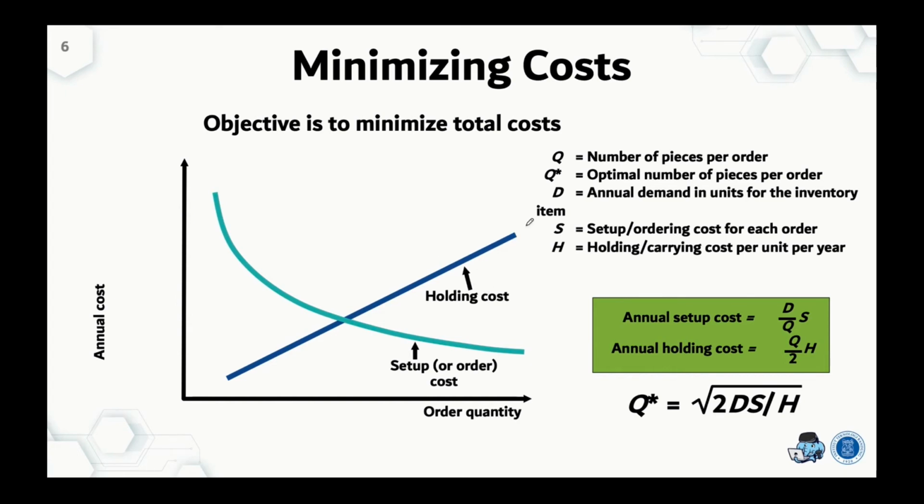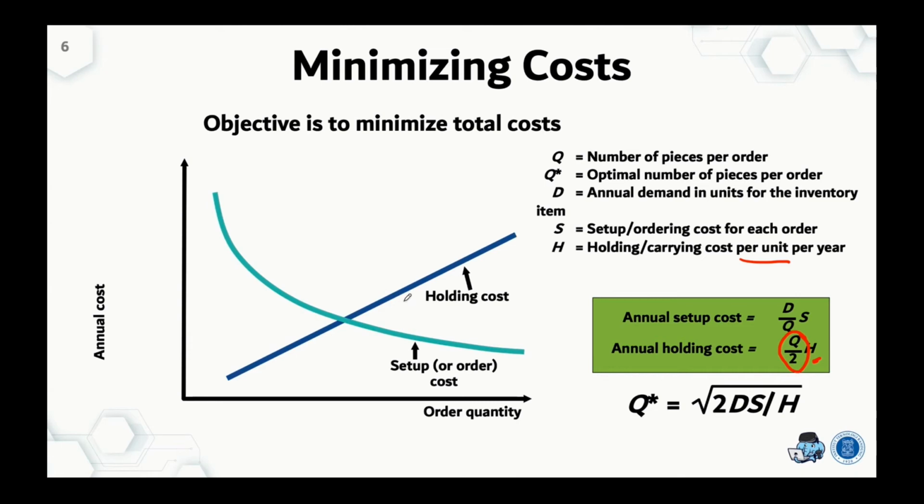The holding cost is a type of variable cost. So the holding cost is equal to the average inventory on hand multiplied by the holding or carrying cost per unit per year. So based on this formula,